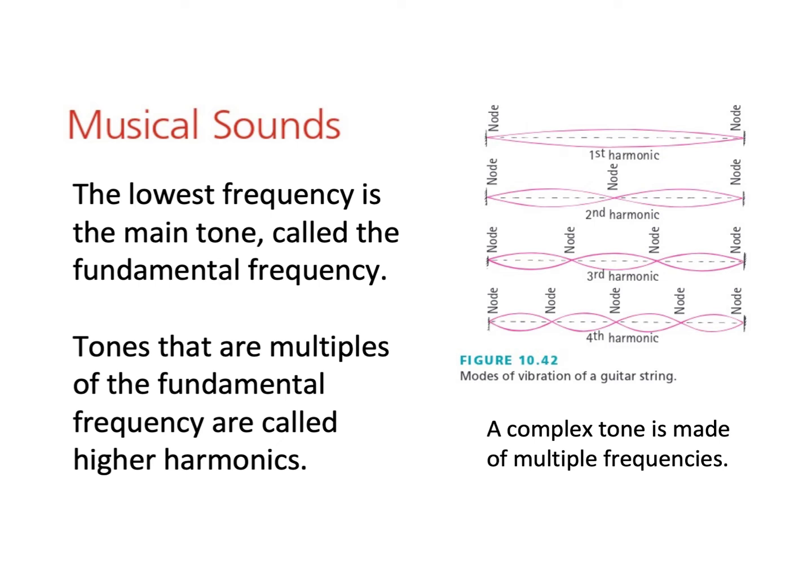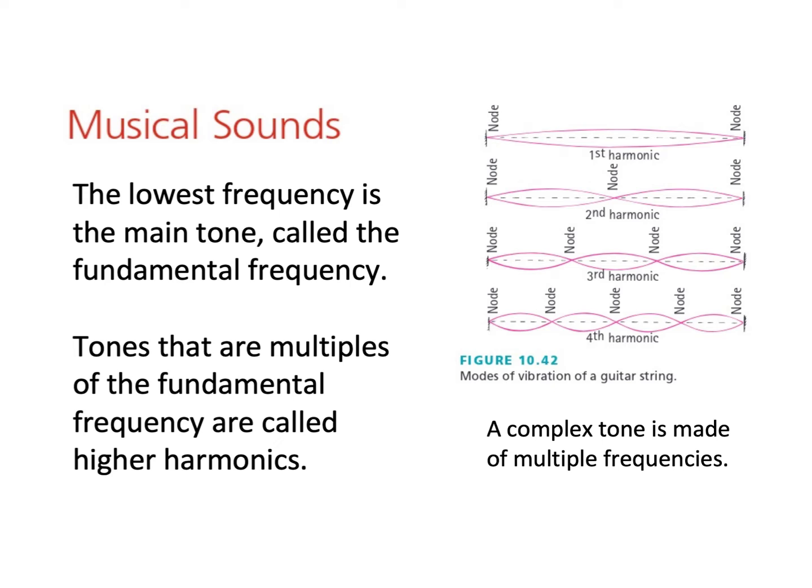Now, there are lots of different ways that you can produce musical tones, and they can be quite different from one another. The way that a piano produces its musical tone is quite different from how a trumpet or a clarinet or a drum would produce their musical tones. And explaining all the differences between all the different kinds of instruments, that's a lot, and it's way more than we want to cover in this course. But what we do want to get across to you is sort of the basic idea. So here's a picture